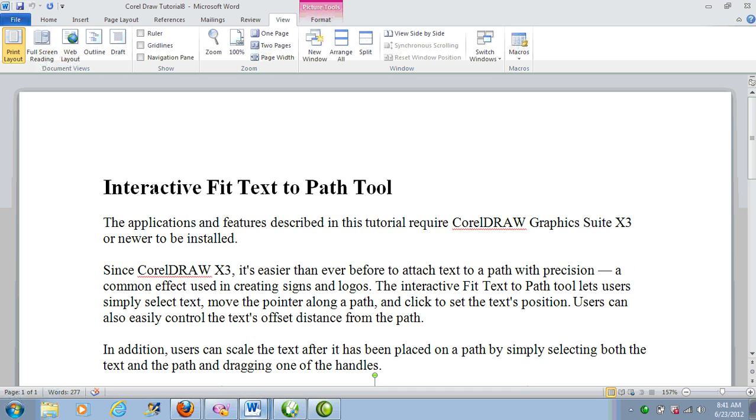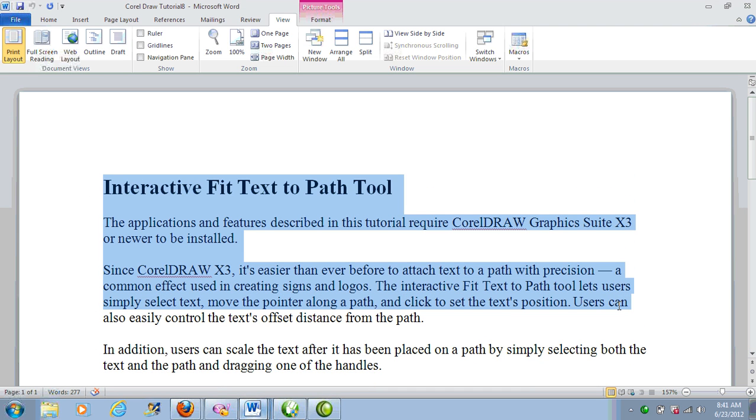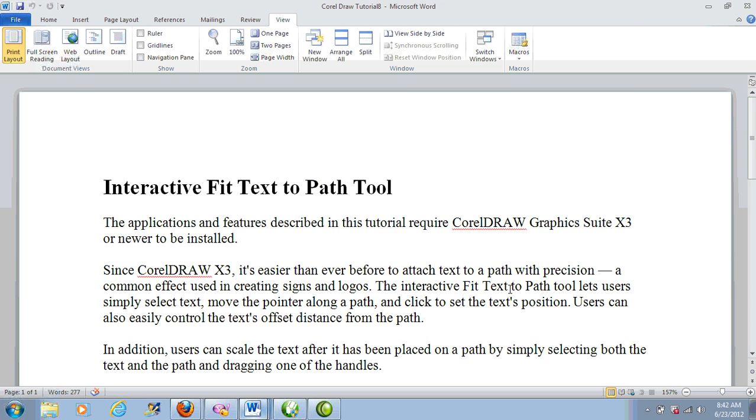Welcome to one of the CorelDraw graphic design tutorials. In this video, we're going to be dwelling on the interactive fit text to path tool. The application and features described in this tutorial require CorelDraw Graphics Suite 13 or newer to be installed. Since Corel 13